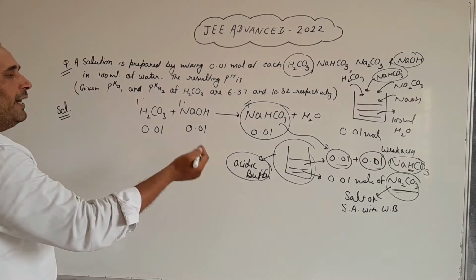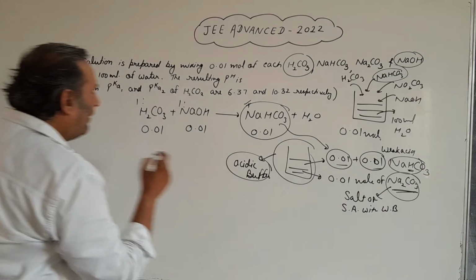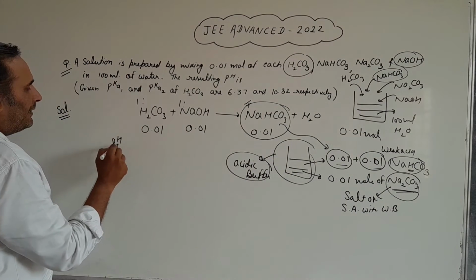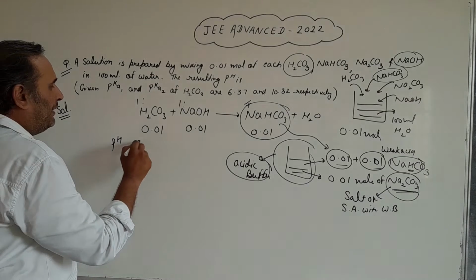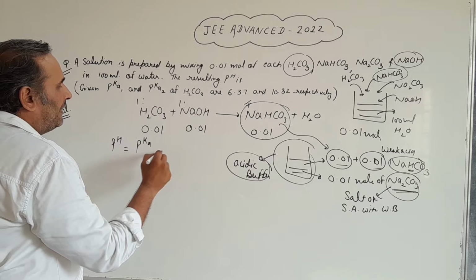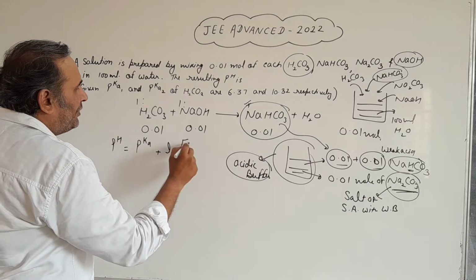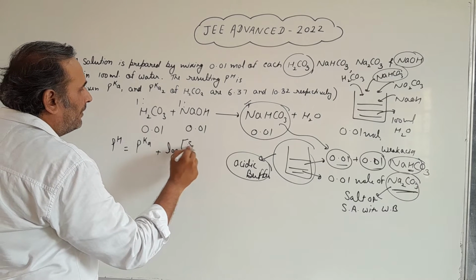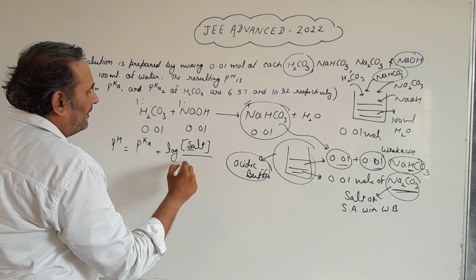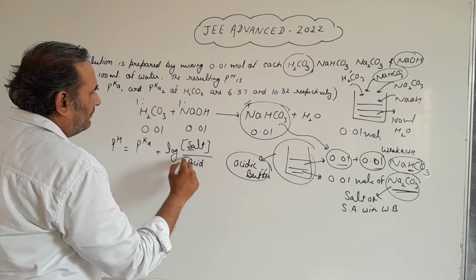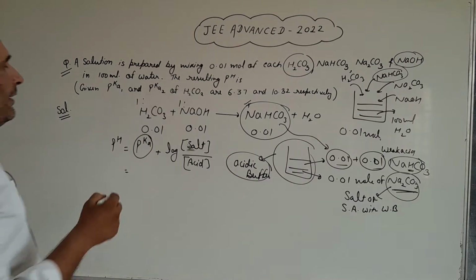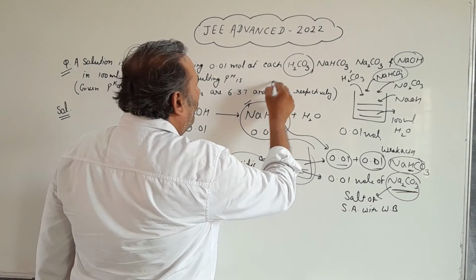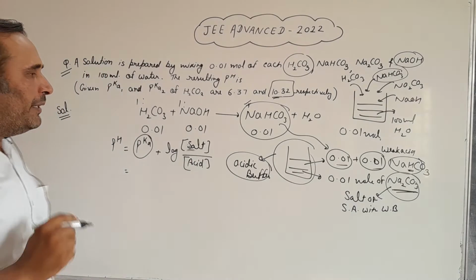And now we have to calculate the pH of acidic buffer. So we know the formula of acidic buffer. pH is equal to pKa plus log concentration of salt upon concentration of acid. Now what is the value of pKa? Here we will take pKa2. Why we will take pKa2? Because